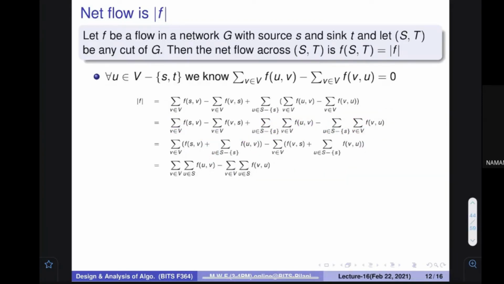Then what would happen? Inside, you see that there is summation of SV, and without S, the summation of all these terms. So whatever is left over here is actually available over here. Similarly, here also whatever is left is available over here. So we can say that it is a summation for all the u's inside S. Okay, all the u's inside S. Here also summation of all the u's inside S. We can similarly arrange it in this particular way.